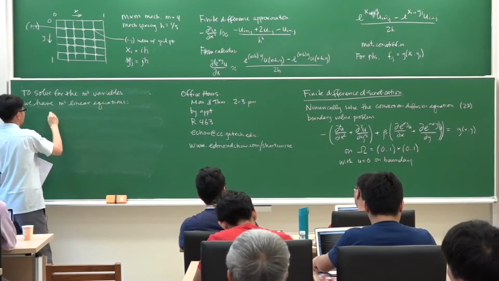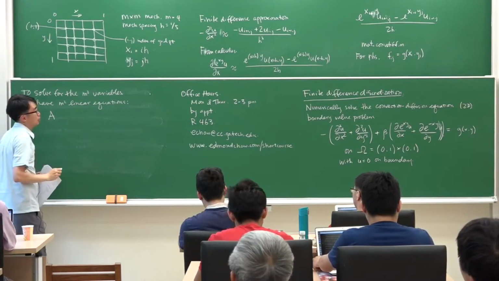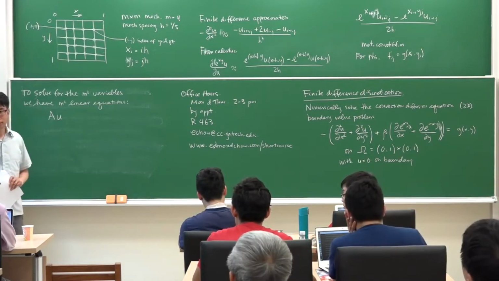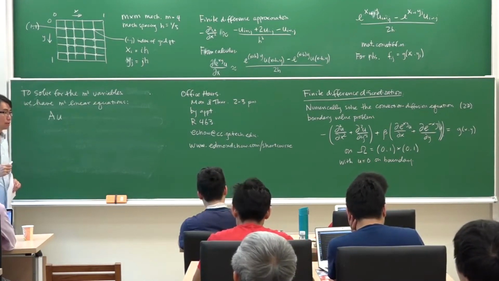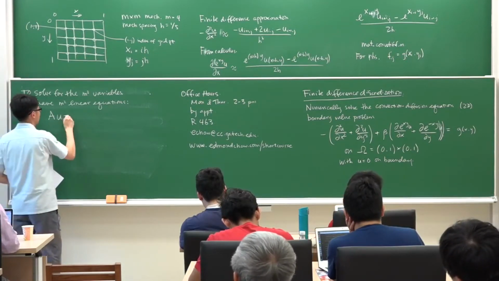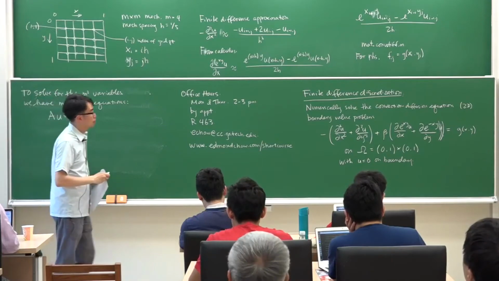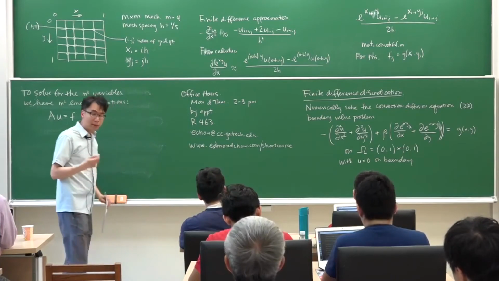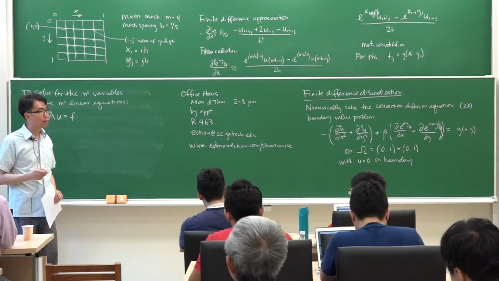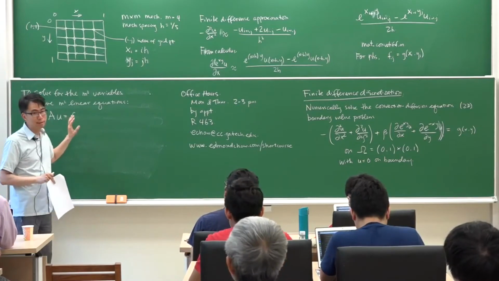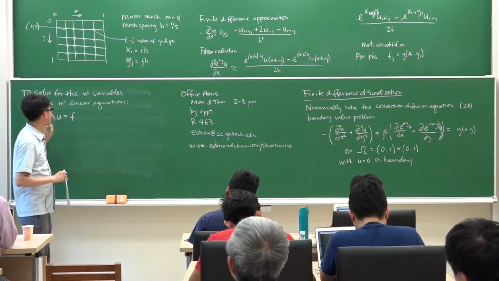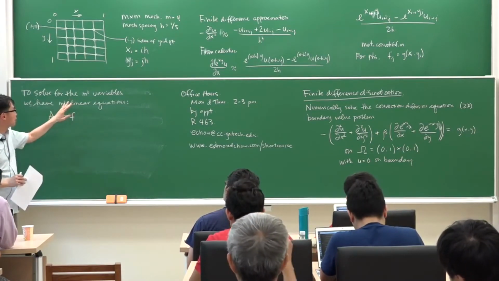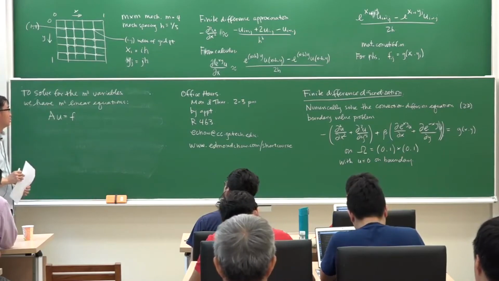And this can be written down in matrix form. So this can be written down in the form matrix A times a vector U consisting of all of the unknowns at all of the grid points equals F, which is this F over here, all of the right-hand sides at all of the grid points. And because I chose 0 for the boundary values, this simplifies the problem a little bit in terms of assembling what these equations look like. So this is a set of m squared variables in m squared equations.